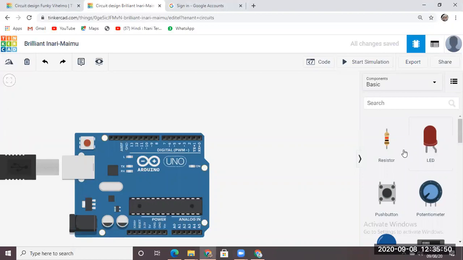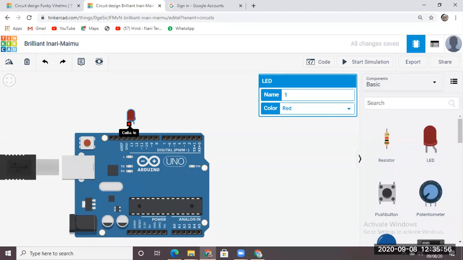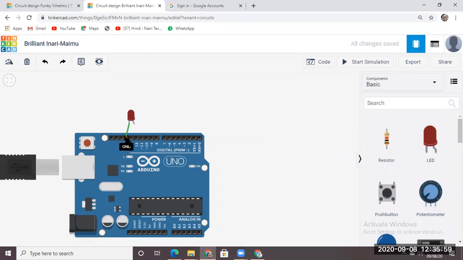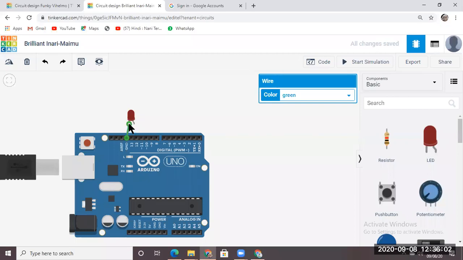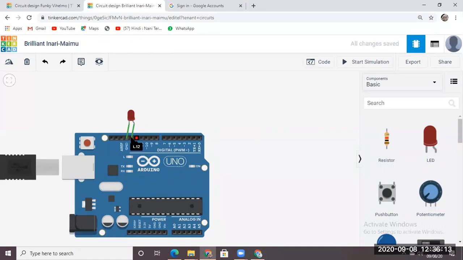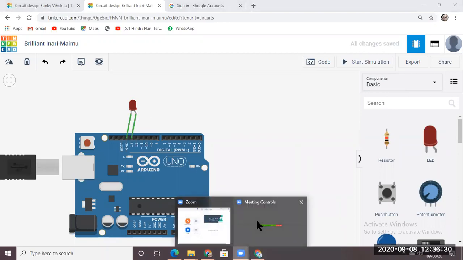Now connect this LED. How do we connect our LED bulb? We connect the left side to GND. First click on the left pin of the LED and connect it to GND. And then the right side to any pin, say pin number 13. Different pins are used for connecting different components, like one LED, two LEDs, three LEDs. We are just connecting one LED, the left side to GND and the right side to pin number 13.